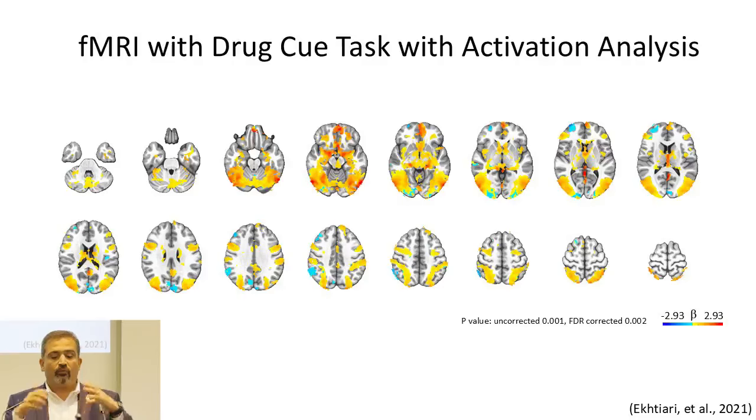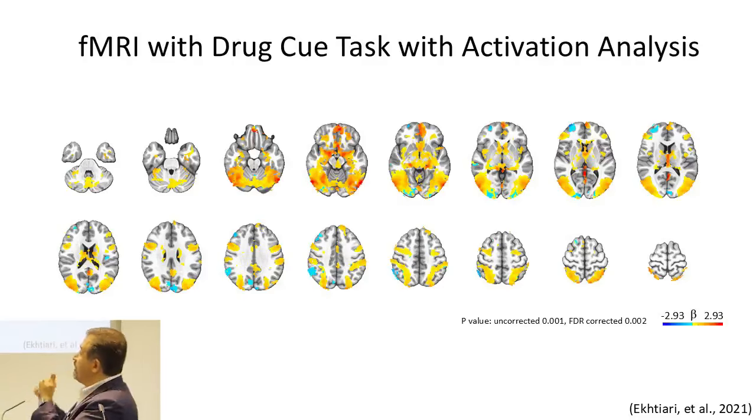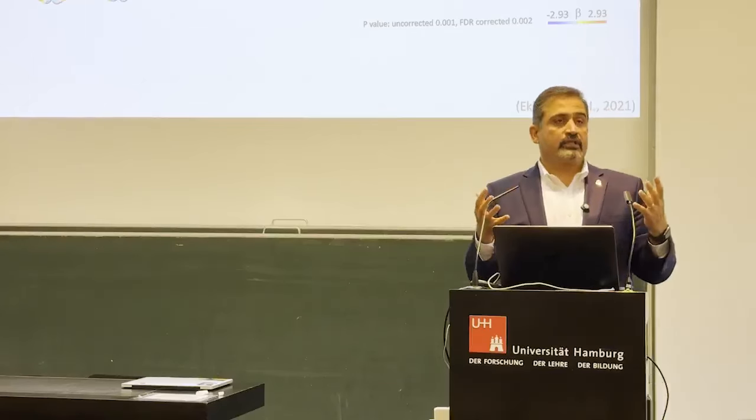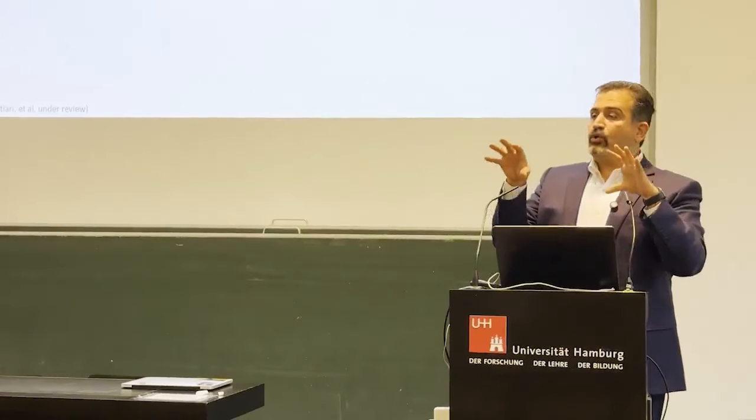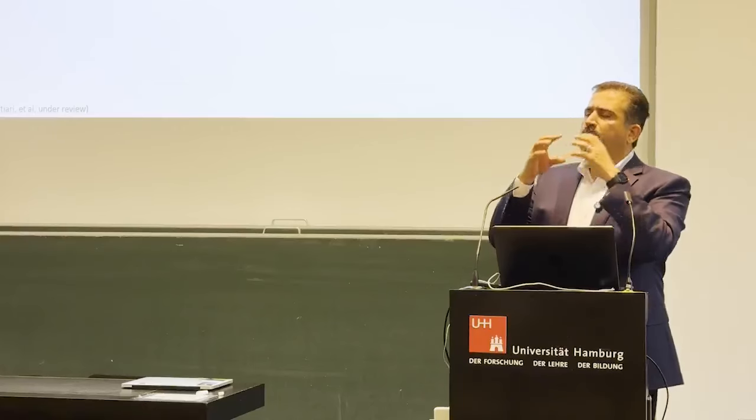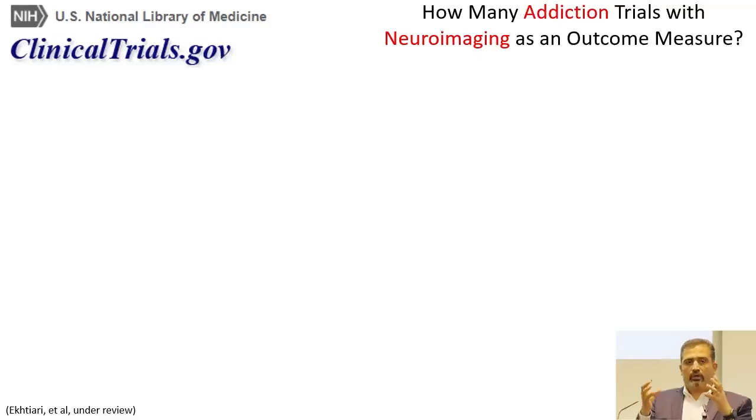The figure you are seeing is fMRI with task, and this is the activation of the brain, not the connection. I can show you the connection as well. But how frequently is fMRI being used in clinical trials in the real world? If you look into clinicaltrials.gov and look for studies that use fMRI or neuroimaging in general as an outcome measure to test an intervention specifically in the field of addiction,